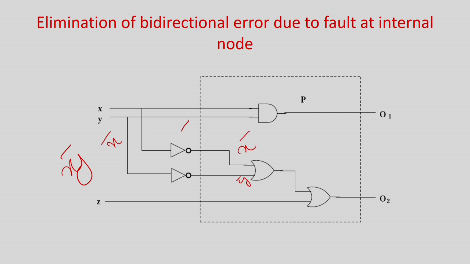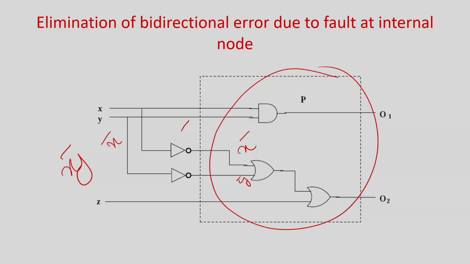You can do it as homework: as there is no inversion over here, there will be no inverters, so no stuck-at fault will lead to bidirectional errors, because bidirectional means one is going from 1 to 0 and another is going from 0 to 1. So there should be inverter logic. If you push all inverters out of the circuit, then there will be no bidirectional errors. If I keep on telling this story, there are hundreds and thousands of papers which have come out on how to handle bidirectional errors.